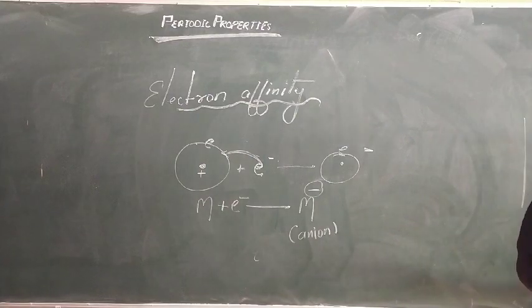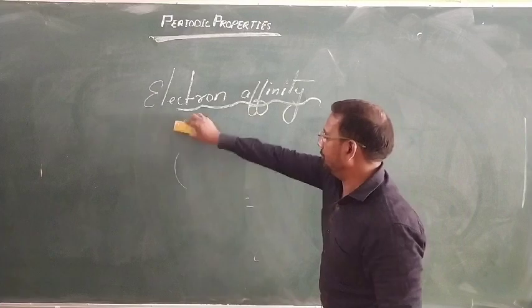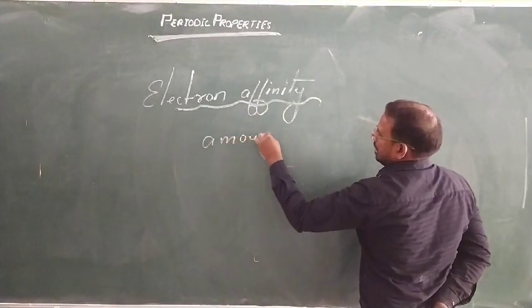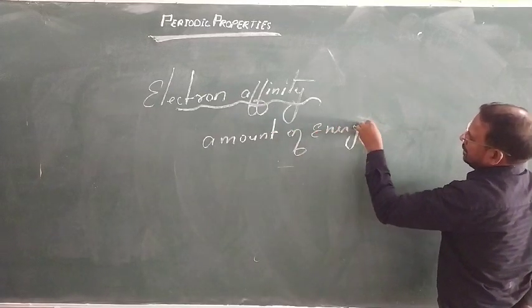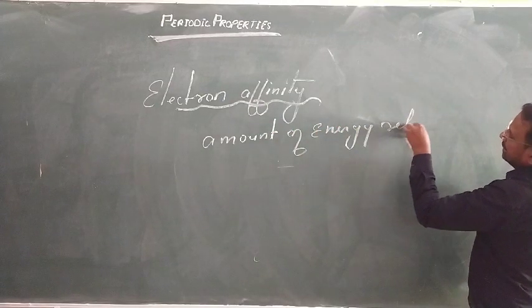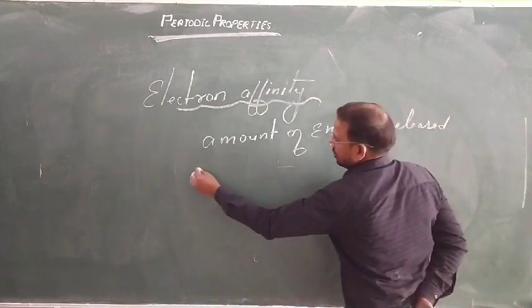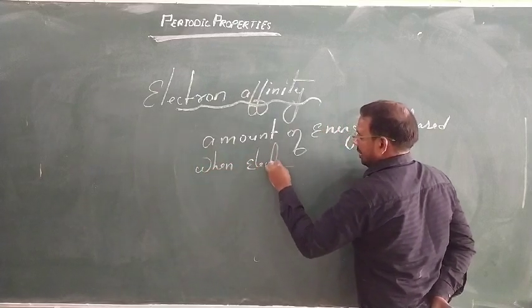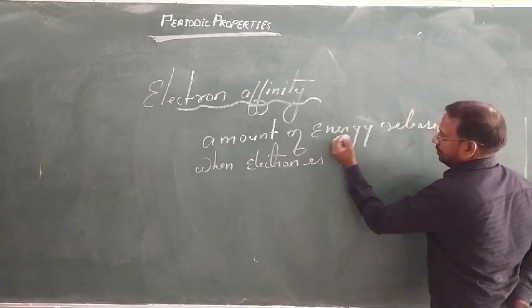And what is the definition of electron affinity? You can write that it is the amount of energy released when an electron is added